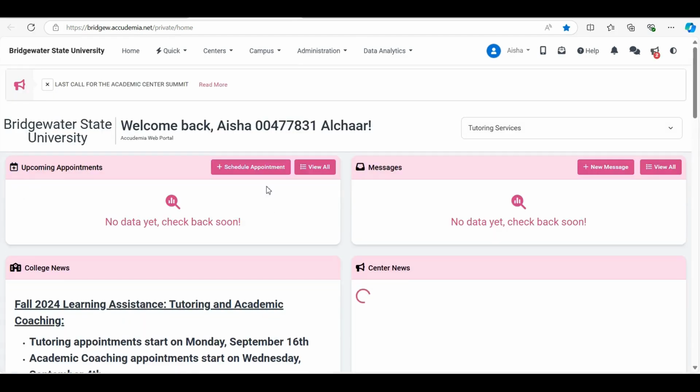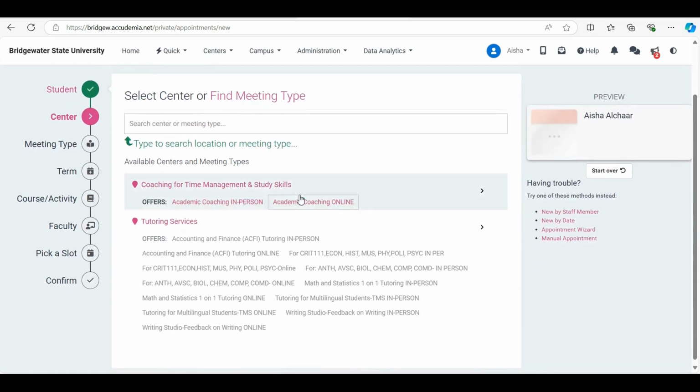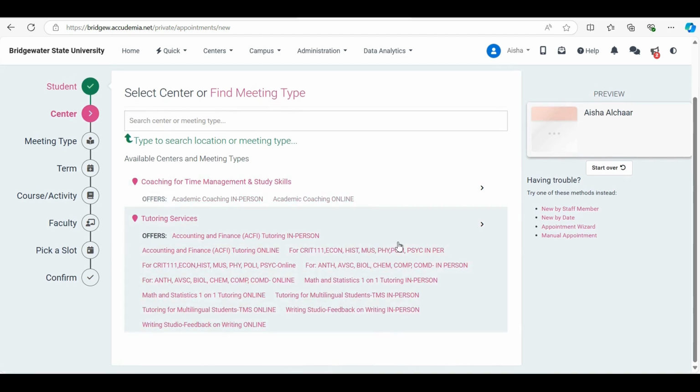Once you're there, you're going to click on Schedule Appointment. And you're going to see two different meeting types. The first one is coaching for time management and study skills, and this is to book an appointment with a coach to discuss skills such as time management, goal setting, and study skills. The second one is tutoring services, and this is for meeting with tutors from Tutoring Central, Math Services, Tutoring for Multilingual Services, Writing Studio, and Accounting and Finance. Each meeting type is offered for both in person or online, so you will want to pay attention to that